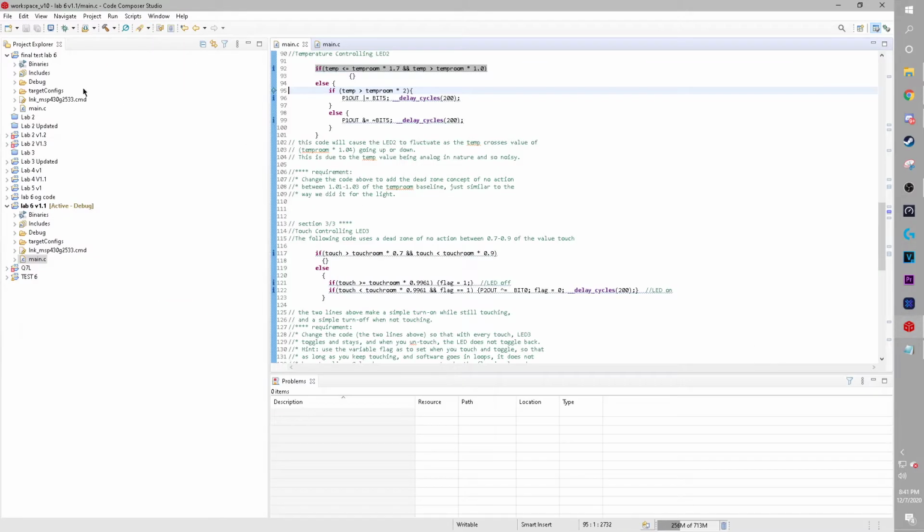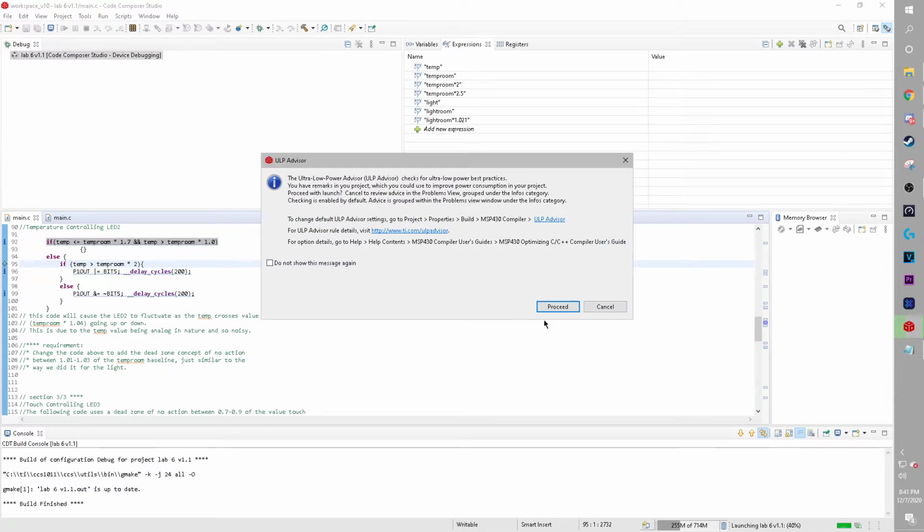So if I stop the program, debug, and restart it,